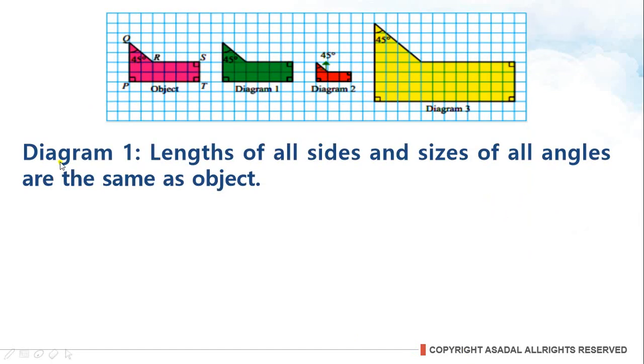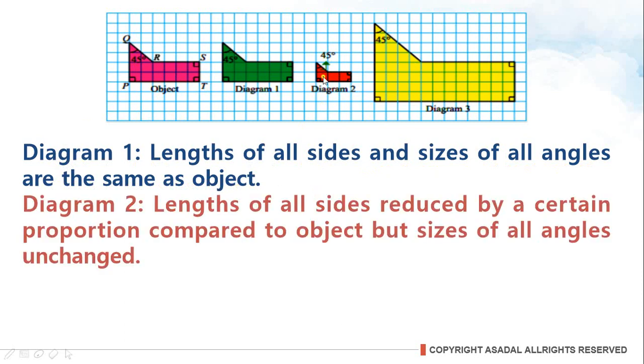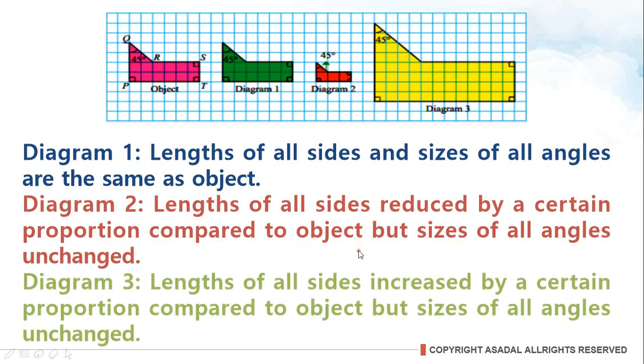As you can see, in diagram 1, the length of all sides and sizes of all angles are the same as the object. Diagram 2, length of all sides reduced by a certain proportion compared to the object, but sizes of all angles unchanged. And diagram 3, length of all sides increased by a certain proportion compared to the object, but sizes of all angles